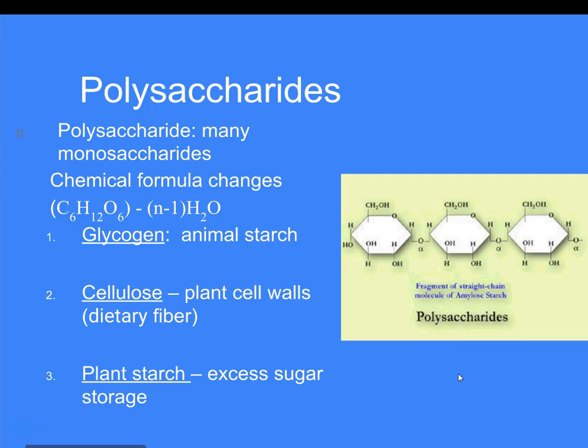The third type of carbohydrate is called a polysaccharide. So poly simply means many, so it's many sugar molecules joined together. The chemical formulas for these can range from 600 in a chain, maybe down to 3 or 4 simple sugars in a chain. So this is the general formula where you can plug N, which is the number of monomers in the chain. So if it was 3, we could plug in 3 here, and that would describe how many water molecules are synthesized out of the reaction.